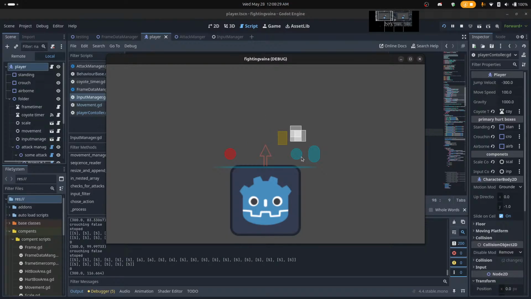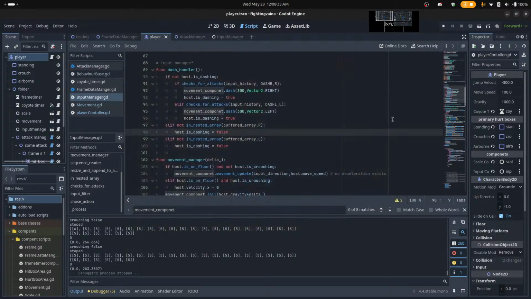Gravity happens, but doesn't continuously happen. So if it's in the array, set it to false. If it's not,